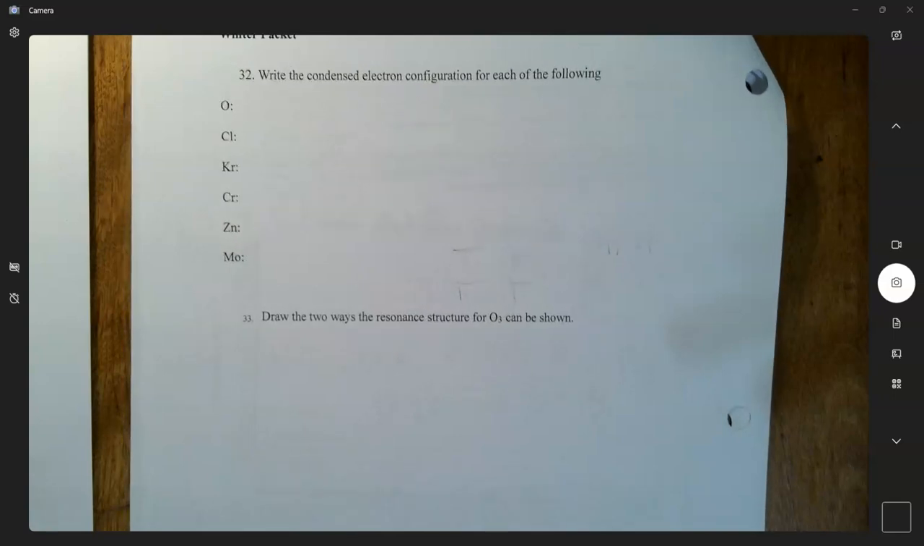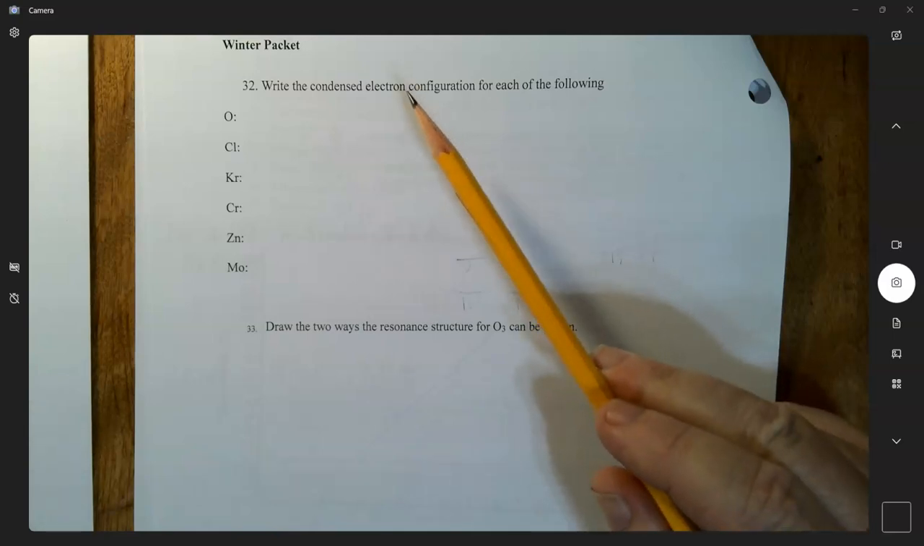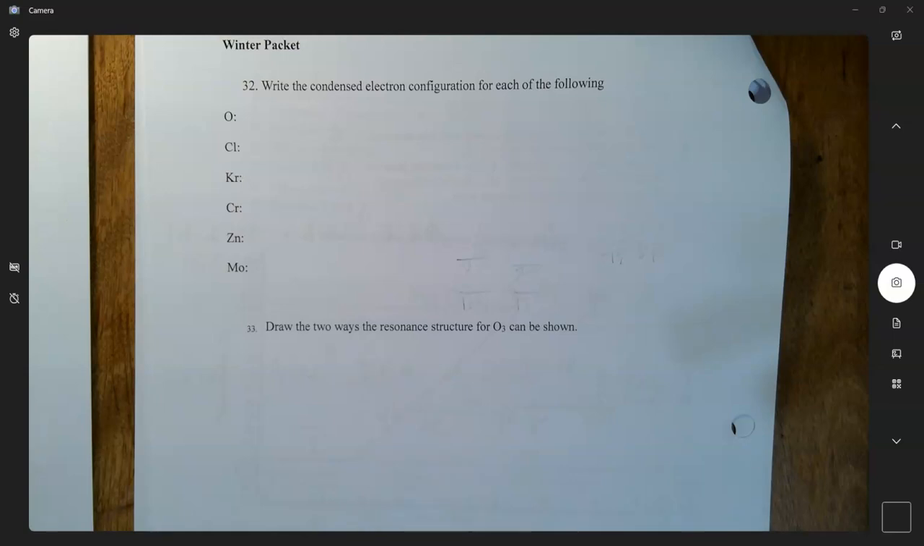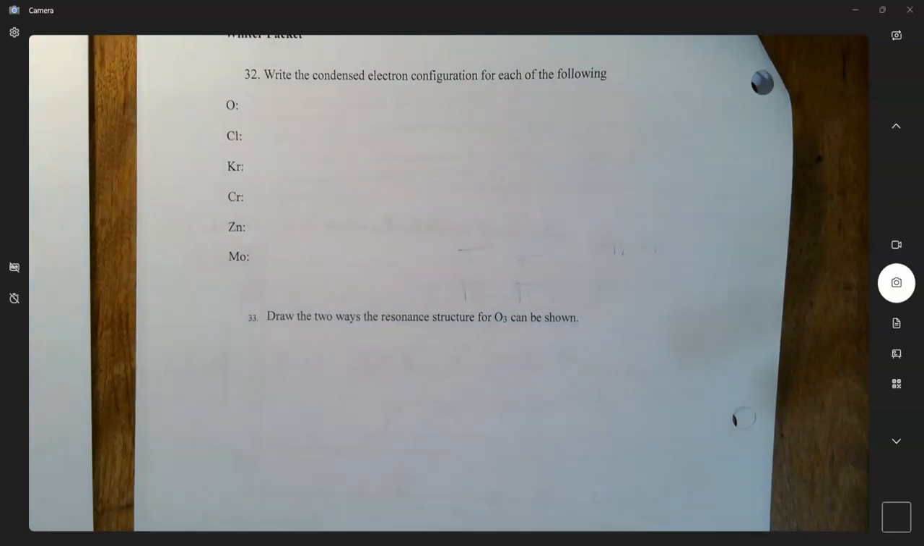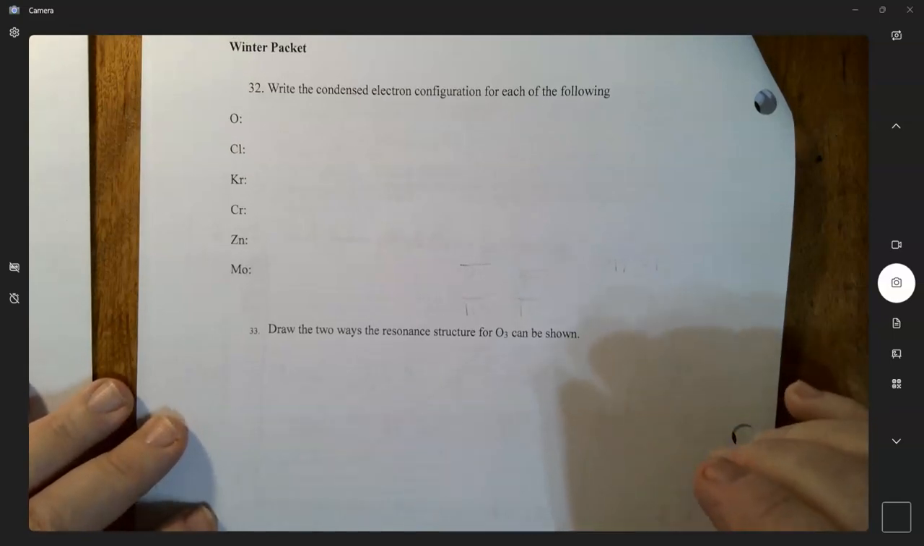Okay, chemistry, we're on to question number 32 in the winter packet, and what you're being asked to do is write the condensed electron configuration for each of these. However, I want you to add something to this question, and this is required, these additions that I do on this video. So I want you to add the Aufbau for up to the, I'm going to say, the 5s